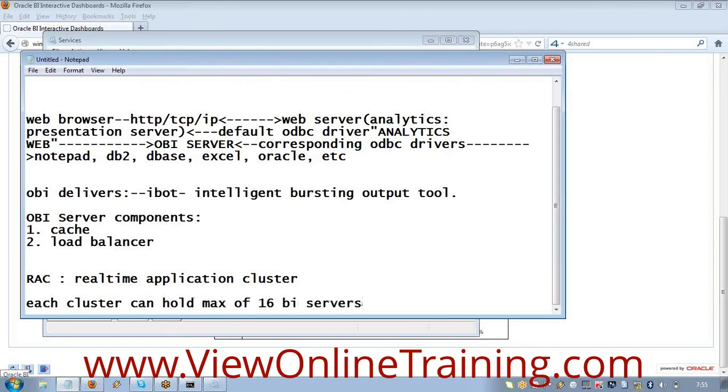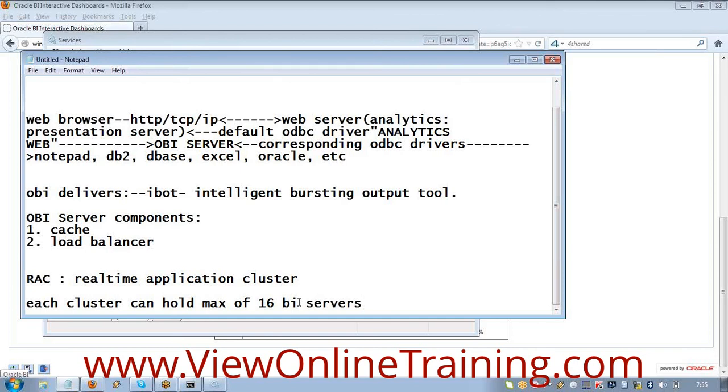So you can just imagine 16 Shantas. How nice it will be, no? We can sit at home and send all 15 Shantas to office. Right? So this is the concept. A cluster can create 16 BI servers. You can see how fast the application can run. Now these 16 BI servers can withstand any type of load, right?